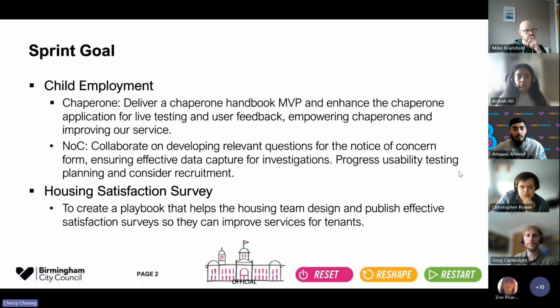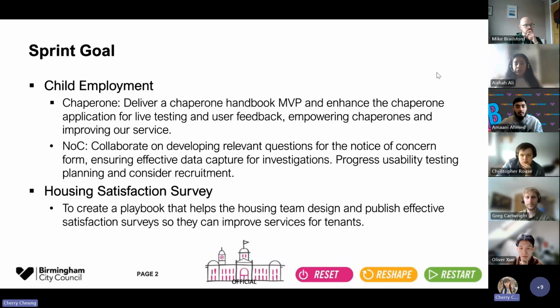Yep. So for this show and tell, we're discovering what our team did for the past month, and the spring goal includes child employment. It'll be on two major things, which are chaperone and also notice of concern. So for chaperone, we focus on delivering the chaperone handbook MVP and enhancing the chaperone application for live testing